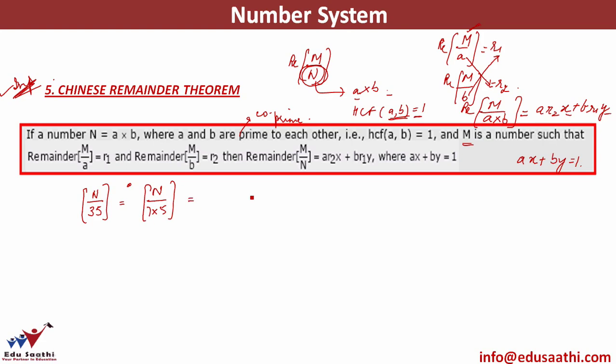Now what I do is, I find out the remainder of n with 7. Let me call this r1. I find out the remainder of n with 5. Let me call this r2. Then my final answer would be 7 r2 x plus 5 r1 y. So if you want to put the value of n, any value that you like, let's take the thing to be something like